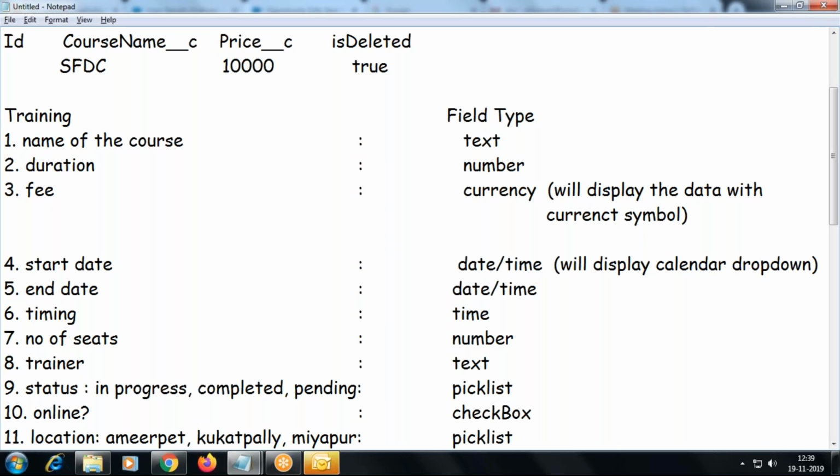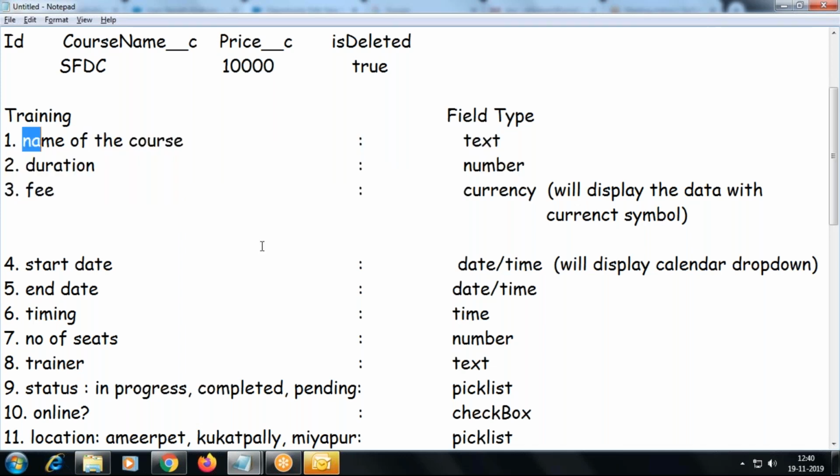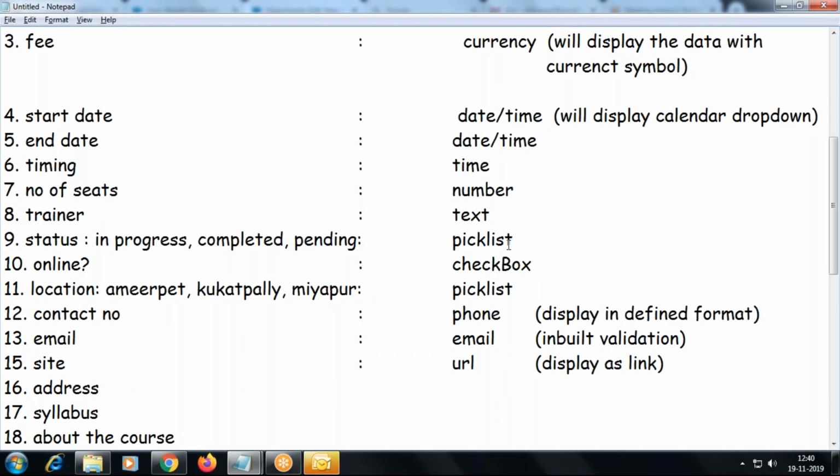When you choose that field type, it's just an overview I'm giving. We're going to see the other properties in detail again: how many digits you can give, what the decimal places are, and whether it's a required field or not. That's a step to create a field. But we are just discussing an overview of what type of information you can capture, and in general how to separate the field types.